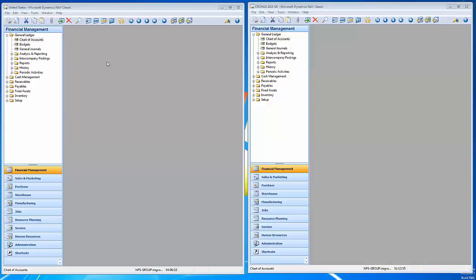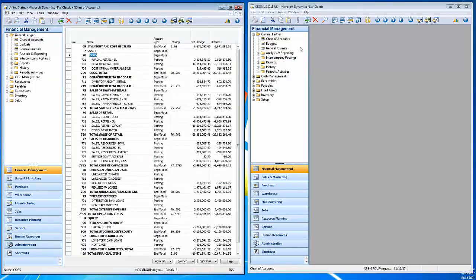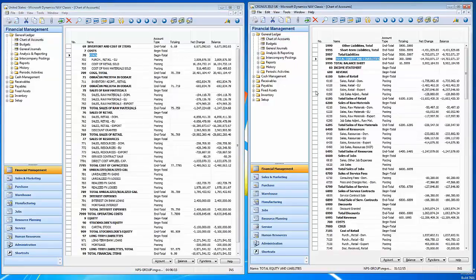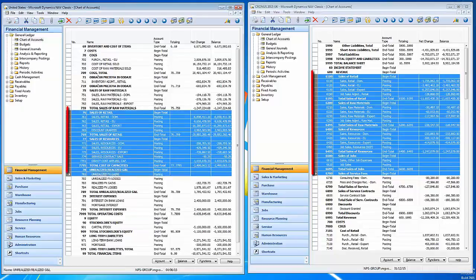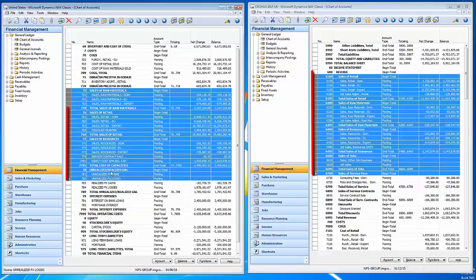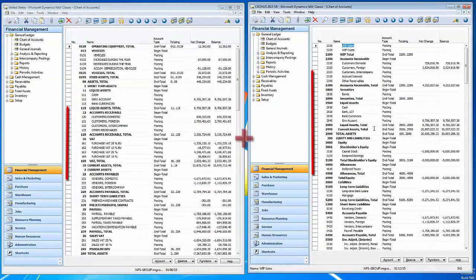This is an example of two different companies using NAV that we want to join for international reporting. The first company is a US-based company with a chart of accounts that is quite different from this UK-based company. For example, in the UK, revenues are here, our accounts around 6, while in our US-based company, it's about class 7. We want to join these revenues, costs, and profit and loss statements to be able to analyze them across all